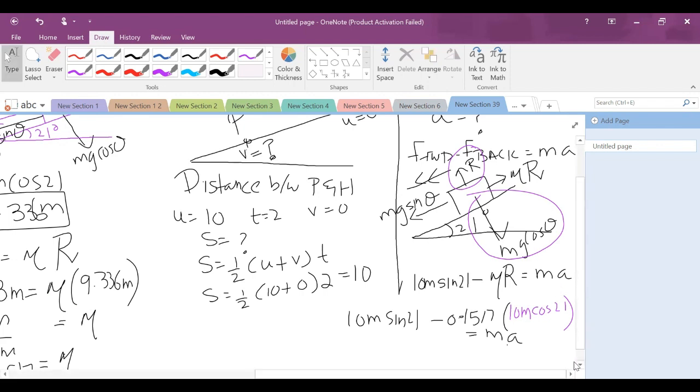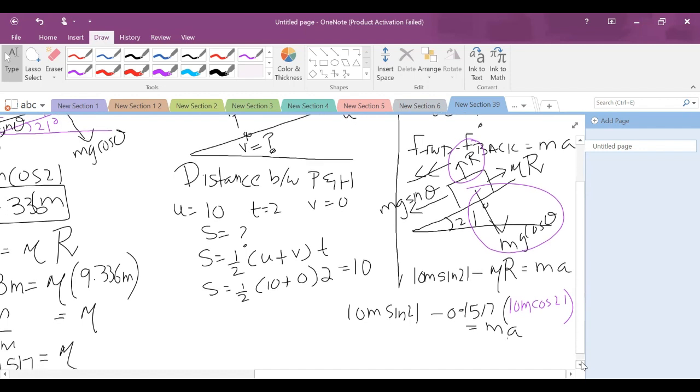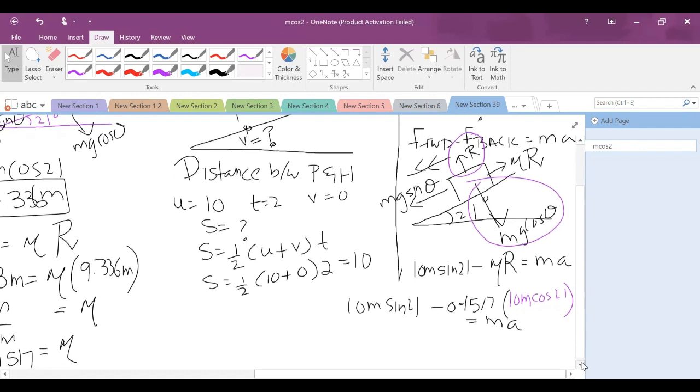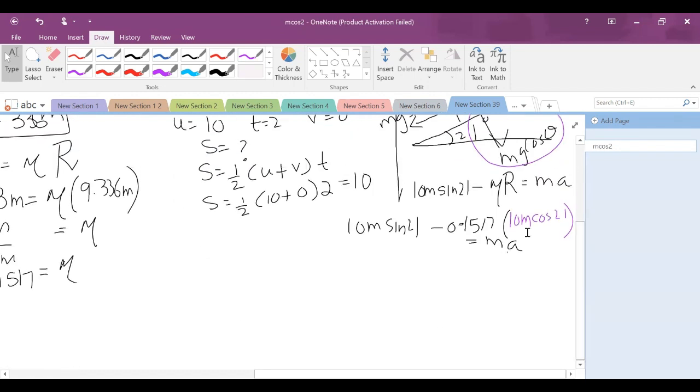अब लेफ्ट हैंड साइड वाला m आप कॉमन लेके राइट हैंड साइड वाले m से कैंसिल कर दो. सो टेक m कॉमन ऑन द लेफ्ट हैंड साइड, तो ये दोनों बाहर आ जाएंगे ब्रैकेट से, और फिर राइट हैंड साइड वाले m से कैंसिल हो जाए. So we just have acceleration left on the right hand side, and on the left hand side we have 10